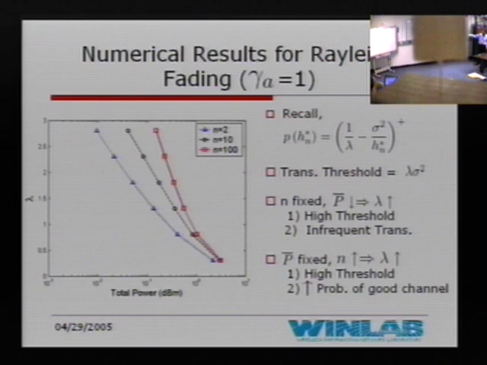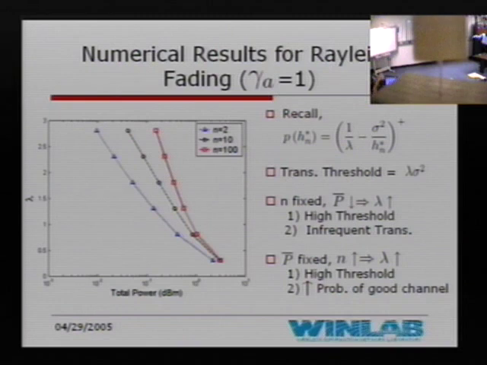So there are 2 important messages to be taken from this graph. Let's first see along any particular graph. Let's take this red one, which corresponds to a fixed n. For a fixed n, when the overall power decreases, that is when we move towards the left, I see that my lambda keeps on increasing. And if you remember, my transmission threshold was given by lambda times sigma square, so I have a high threshold. What it basically means is that if I have a low power, I better transmit only in the very good channels because I should not waste my power transmitting in the bad channels. So that's why the transmission threshold is increased.